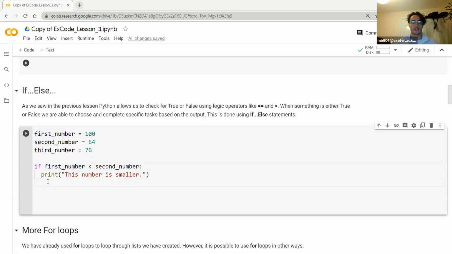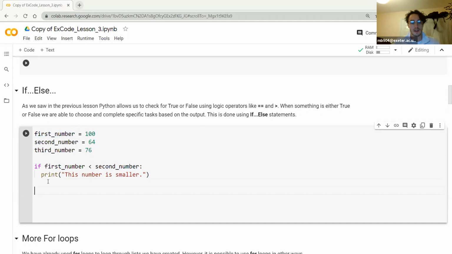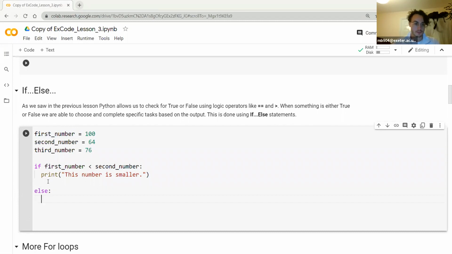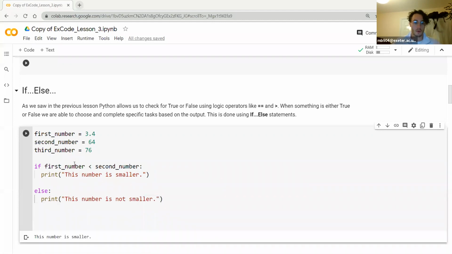Now, as an extension to that, if you make a comparison like this, and if it's true, you run something, but there's also the possibility that if it's false, you can also run something. So that uses the keyword else. So in this case, let's just go back to that being 3.4. And I say print this number not smaller. You run this again. Obviously 3.4 is smaller than the second number once again, so it runs that. But once again, if I change this now to 100 and I run it,